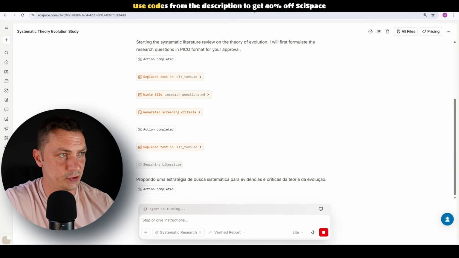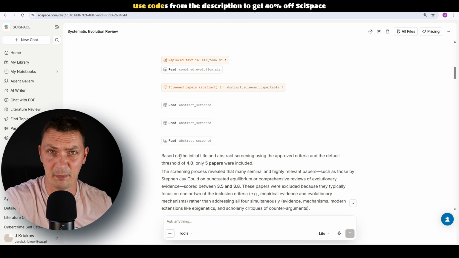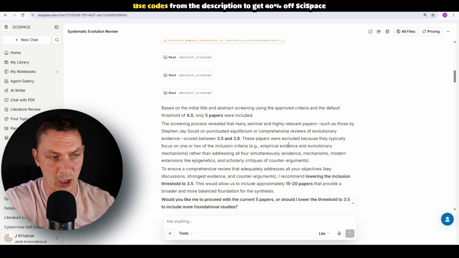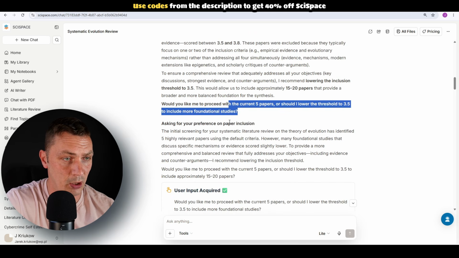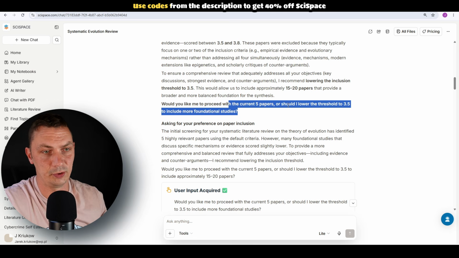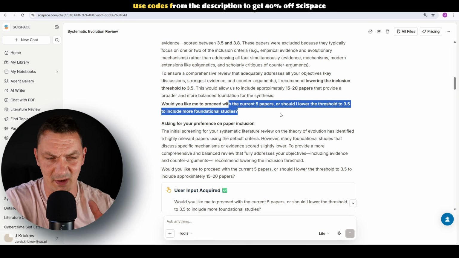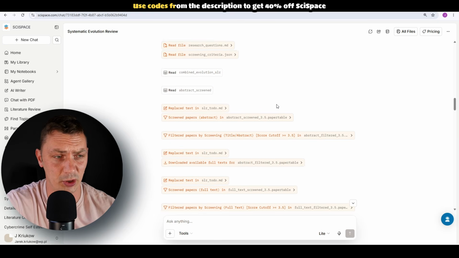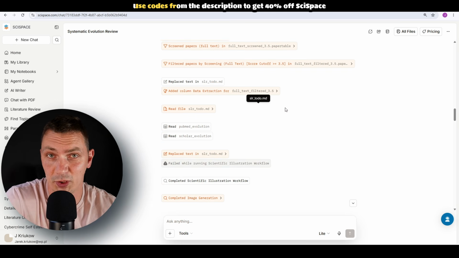In one of the searches, what happened is that it only narrowed it down to 4 or 5 papers. In another search, it was 190. But it narrowed it down because it was so specific, and then it paused somewhere here, and it asked me, as you can see, if it should lower the threshold so that we can include basically more papers. So if I want to focus on these specific 5 papers, or maybe I want to change the criteria slightly so we can have more. So it's asking you questions, it's making sure that the final product is what you want it to be.